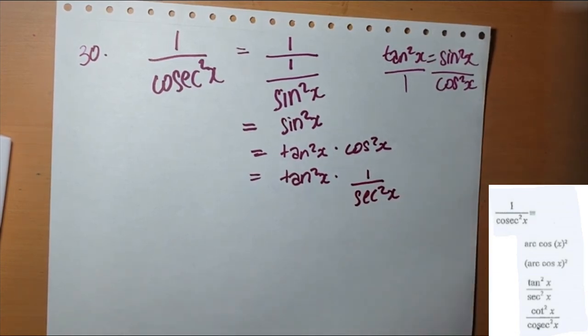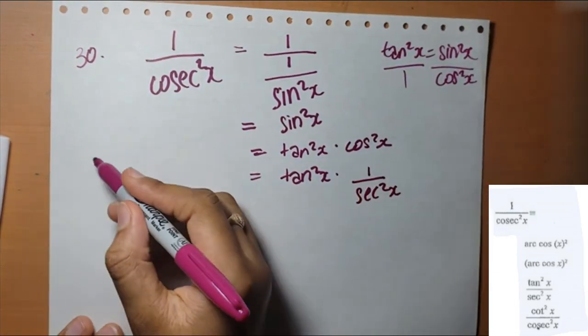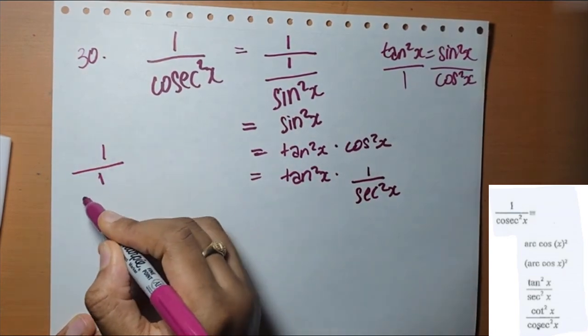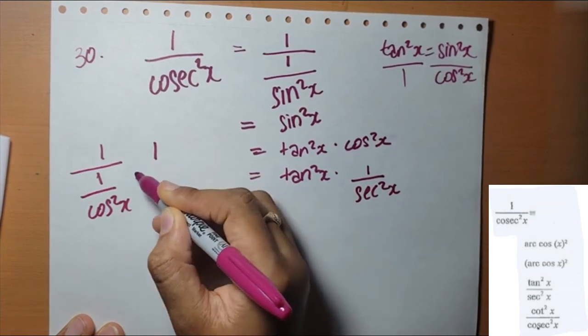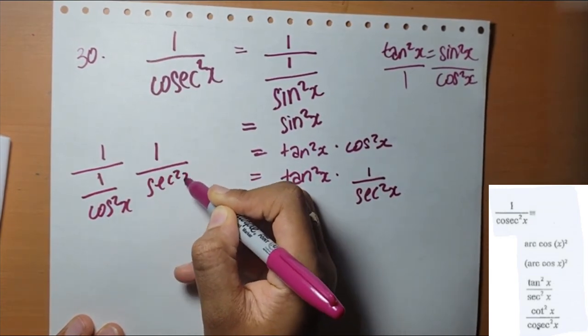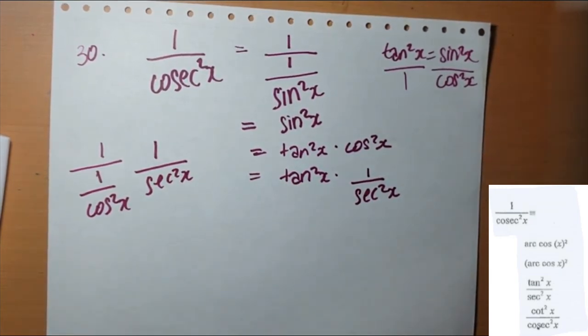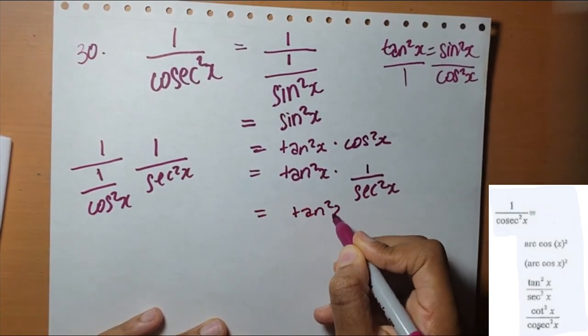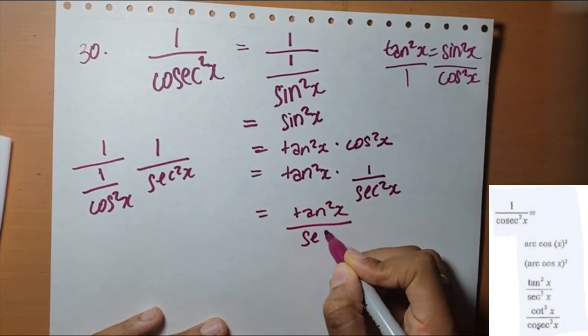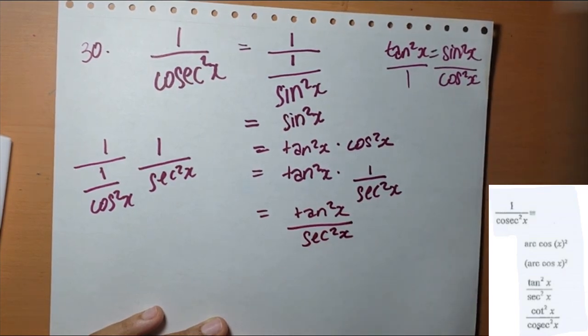It's basically 1 over 1 over cos squared x, which is 1 over sec squared x. Do you understand? If you don't understand, just comment and I will respond and explain it even further, but I'm assuming that you understand. So then we have tan squared x is equal to, and that answer is